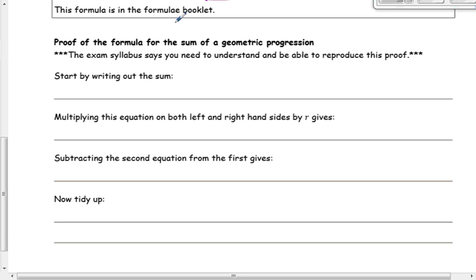So this is meaning the sum of terms which are written as un, which is equal to a times r to the power of n minus 1. So we've used this quite a lot now. So if I'm doing S of n, well, my first n would be 1 for my first term. So here I would have 1 minus 1, which will give me 0, and r to the power of 0 is just 1. So I end up with just an a term, and then I'll be adding on a times r to the power of 2 minus 1, which is 1, so that'll give me a times r,